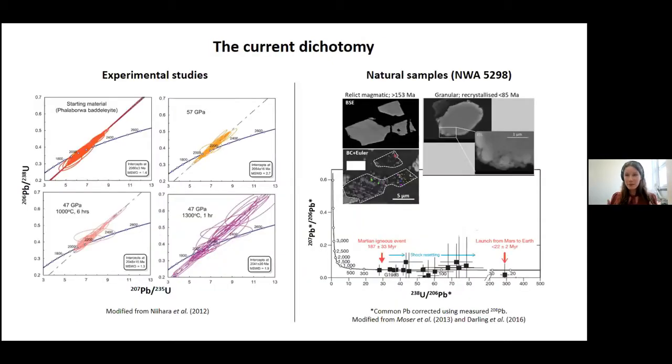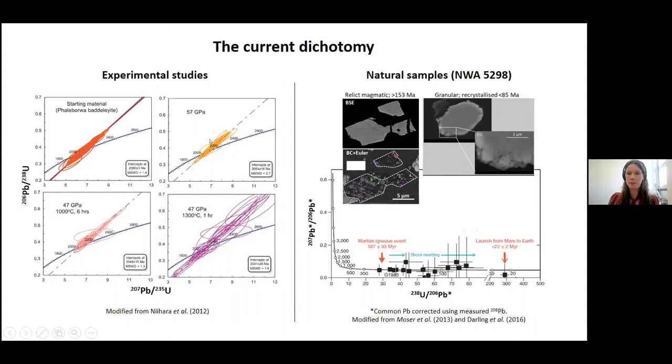There's currently a bit of a dichotomy between experimental studies and analyses of baddeleyite within natural samples. With experimental studies, if we take this example from Nuhara et al., using reference material Phalaborwa, what you find is that shock loading up to about 57 GPa doesn't result in any resolvable isotopic disturbance of these studied grains. And you have to push it well beyond your 900 degrees uranium-lead closure temperature to begin to